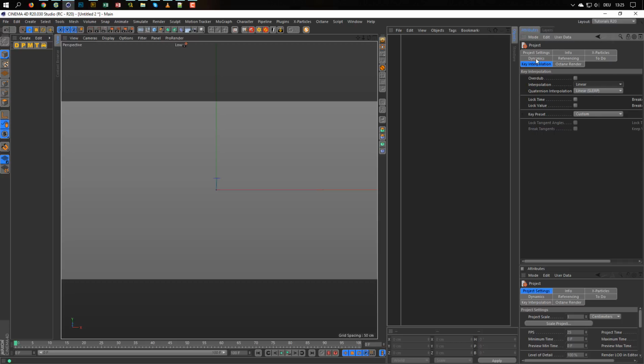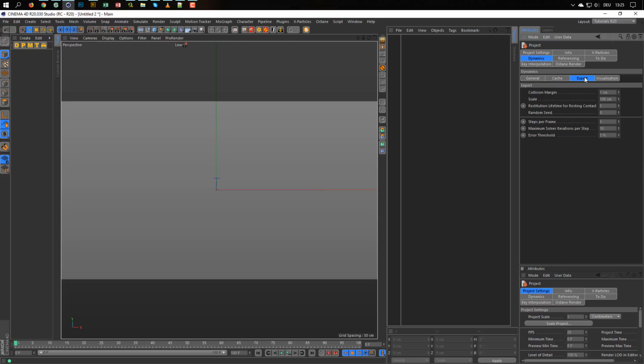Okay, set up everything, the dynamics, let's say the expert. I have steps per frame. I could say, okay, 5 is too less for me, I want 10. But I let it now, just for example, can set up here 10. So now everything is like I want it, so okay, now I'm happy with this, just